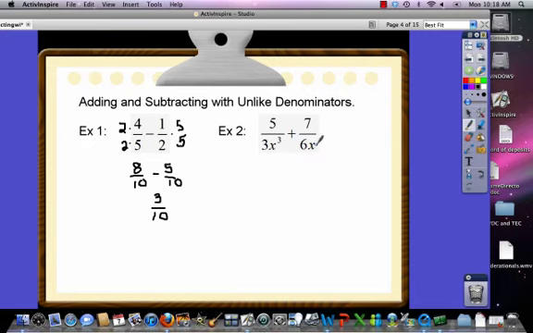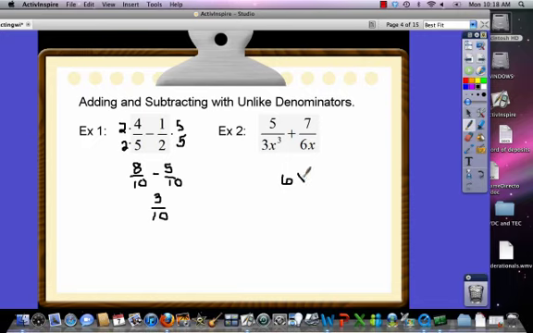Now when I look at one over here with variables in it, I got to think, what would the common denominator be? What would be something big enough so that 3 would go into it, x cubed would go into it, 6 would go into it, and if x cubed goes into it, obviously x does. So our common denominator here is going to be 6, because 3 goes into 6, 6 goes into 6, and